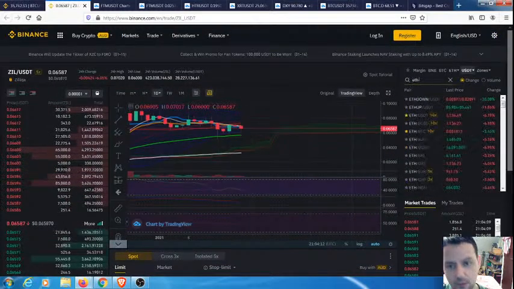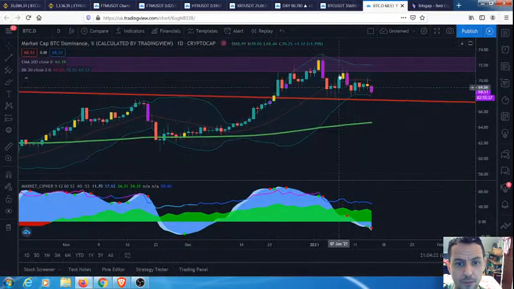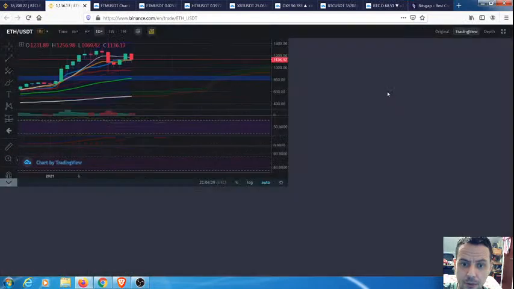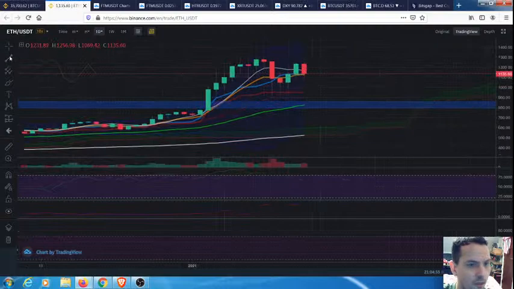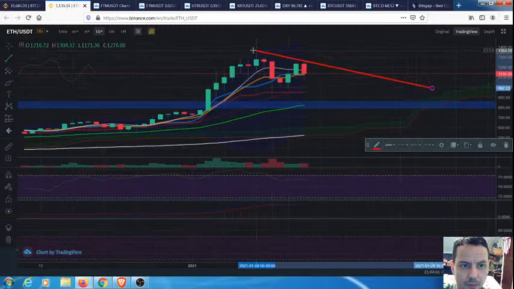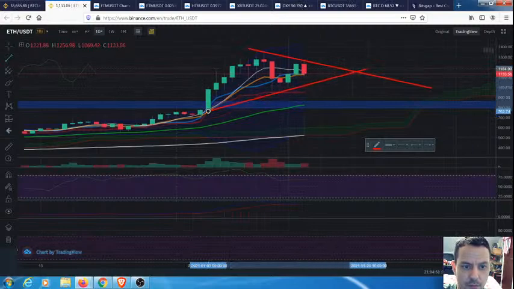Because if alts are strong right now, which they seem to be in comparison to Bitcoin, if we're looking at the Bitcoin dominance chart, and from what I showed you of all the alts basically in the green with their Satoshi pairing, I would imagine that the king of alts is going to be pretty strong. So let's have a look at what's going on here. I imagine there's some kind of pattern playing out with Ethereum that's helping all the other alts. It looks to be some form of